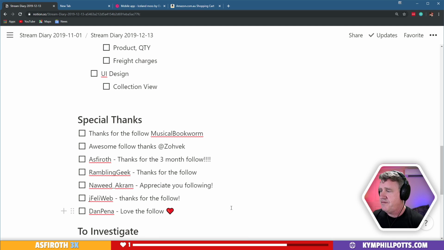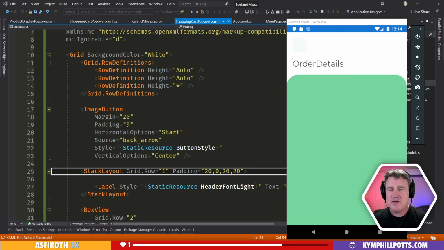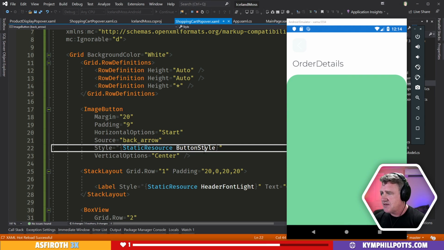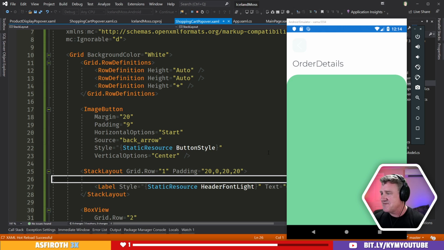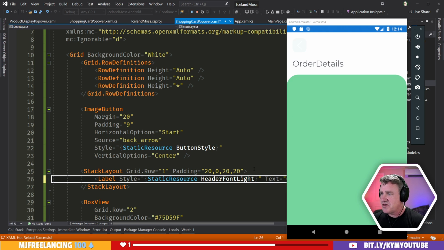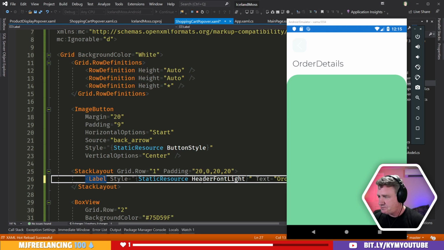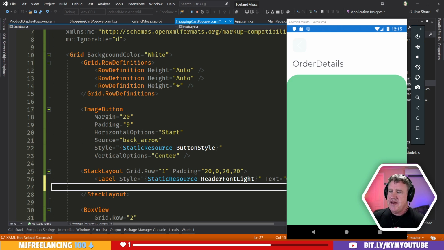Here we are. All right, welcome. So you know what we're doing? We're basically trying to munch together some UI here. We're just getting this order details screen, so we'll have that here. Now the next bit that we want is we want to have